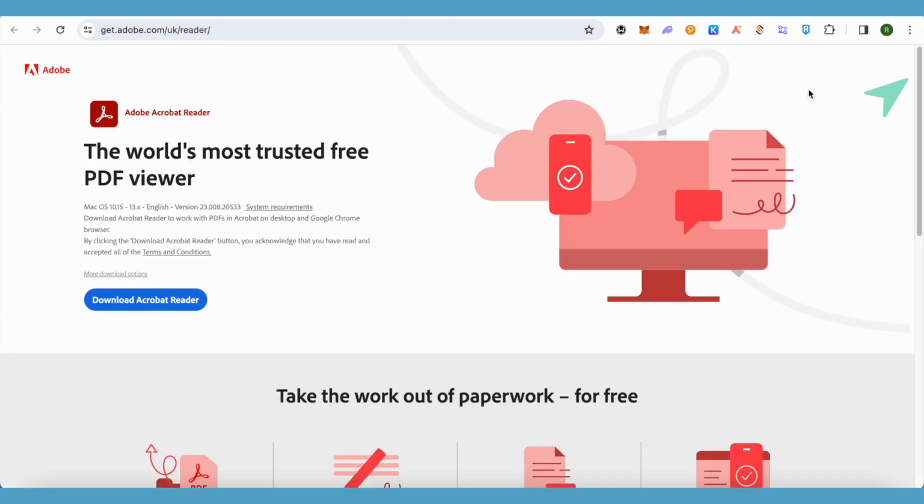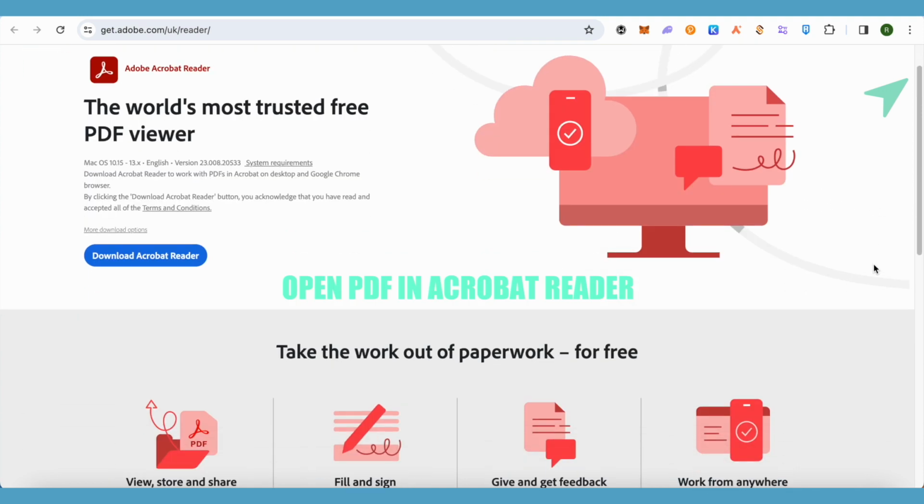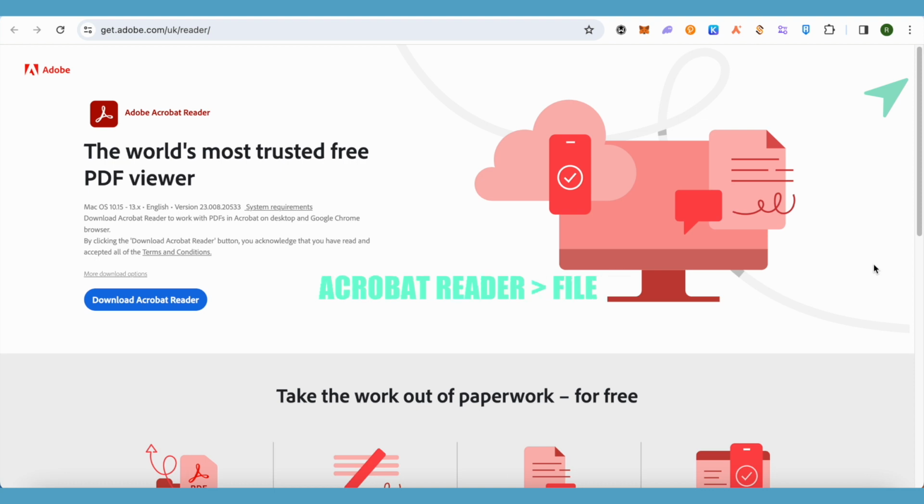Let's see how we can do it. So we will be utilizing the inbuilt software of Windows, and it is Adobe Acrobat Reader. You can find it quite easily on your Windows, and after that just open up your PDF file in Acrobat Reader, and after that go to the option of file, then click on the option of save as, and over